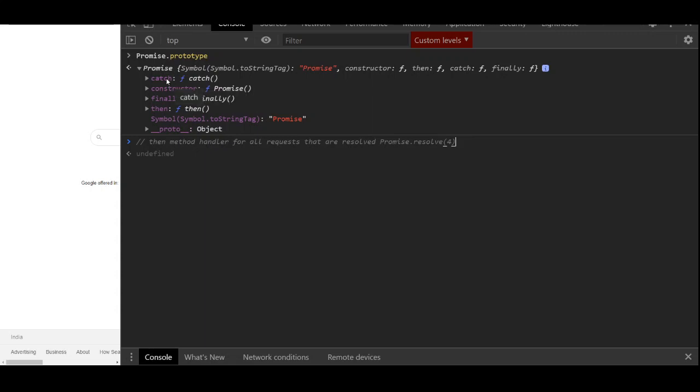Catch method, on the other hand, is basically meant for catching the errors which are thrown by the promises. So for example, if we made a request to the server and that didn't get successful, at some point of time it will throw an error. That error will be caught inside the catch function. So this catch function, the syntax for catch is basically